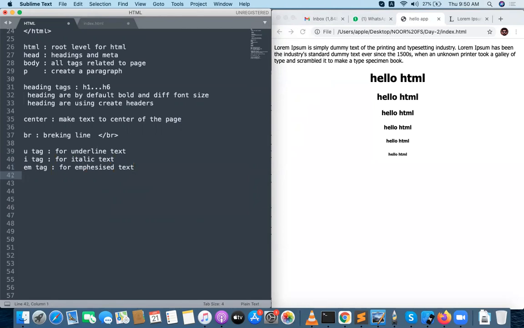And DEL tag for deleted text. Strong tag for strong text.